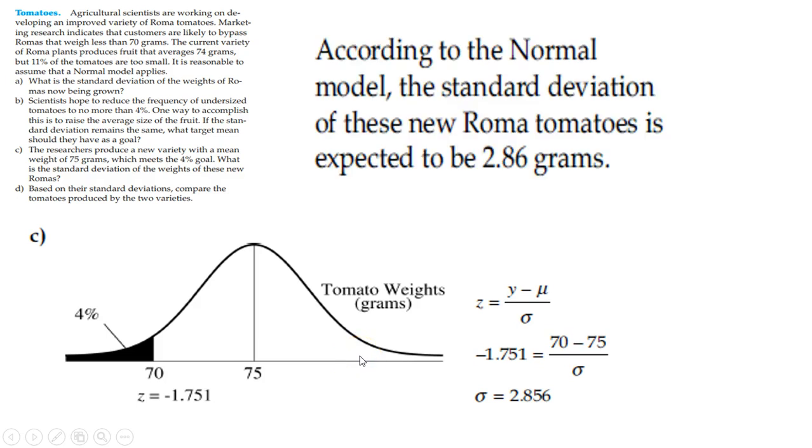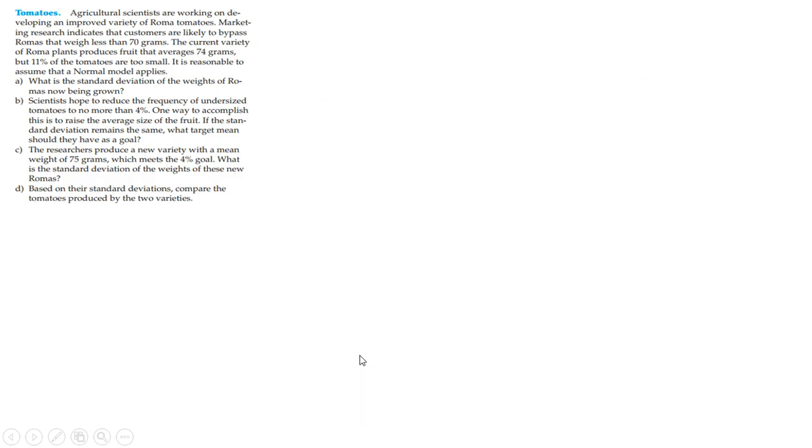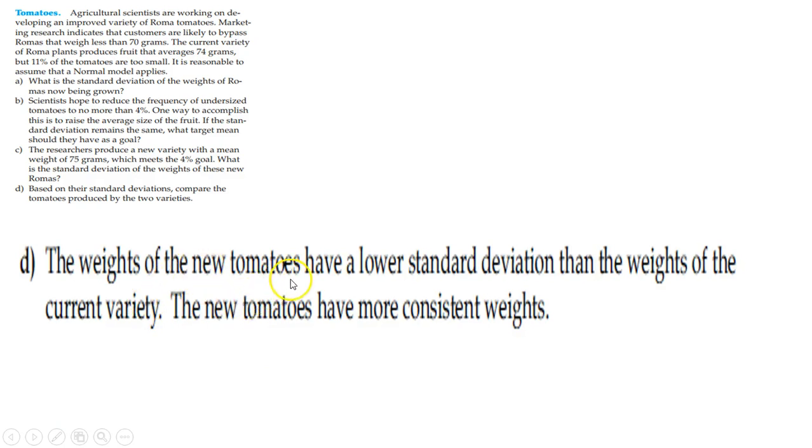And then, based on the standard deviations, compare the tomatoes. While the weights of the new tomatoes have a lower standard deviation than the weights of the currents, the new tomatoes have more consistent weights. So if the standard deviation is smaller and more concise, then the new tomatoes are definitely more concise and around